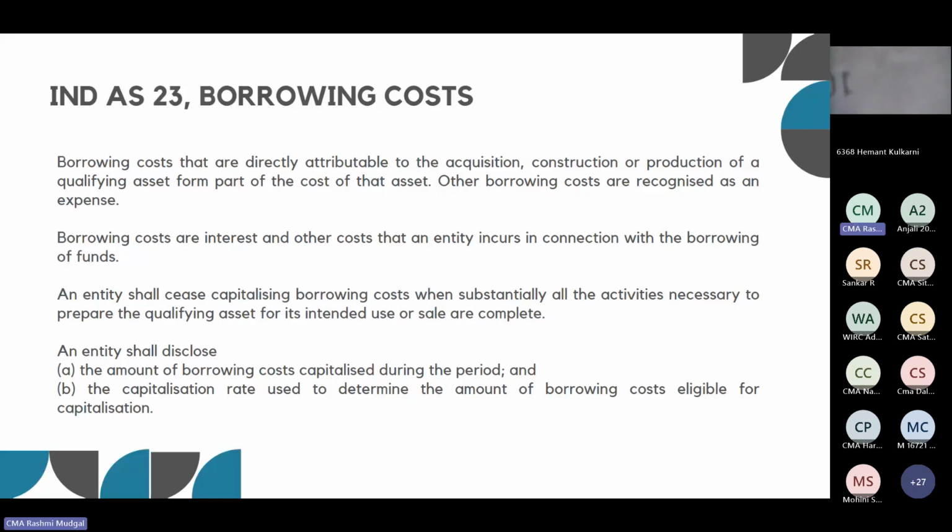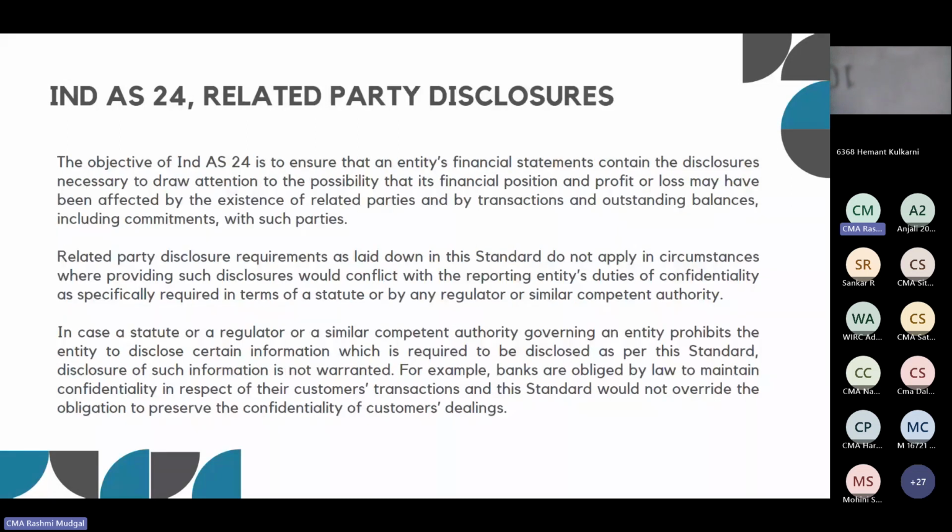Okay, next we are going to discuss Ind AS 24, related party disclosure. What is a related party, firstly? A related party is anyone having a relation. For example, if the director and the company have a relation, or employer and employee have a relation, as well as a director of this company who is a partner in another firm, that firm will be related to this company only. If you are giving any guarantee for the company, then you are also a related party of the company. Okay.